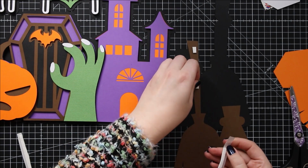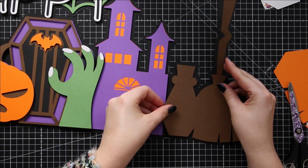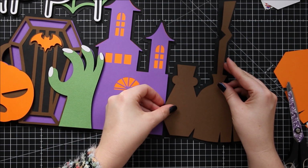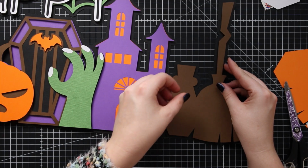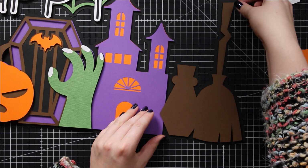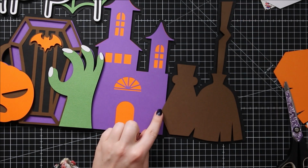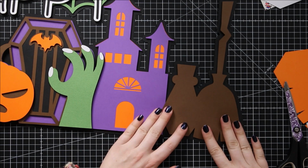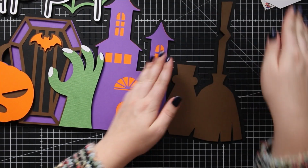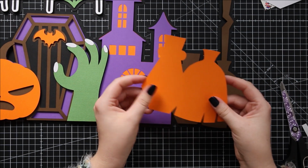I'm cutting my foam pads a little bit smaller as I was starting to run out, so I need some small ones, and also this broomstick handle is quite thin, so small pads work better. This lines up with the middle of the main black shape that we did first, so you've got a black outline all the way around the edge, which matches the outline around the edge of the other shapes we've already done. And you can see the potion bottle